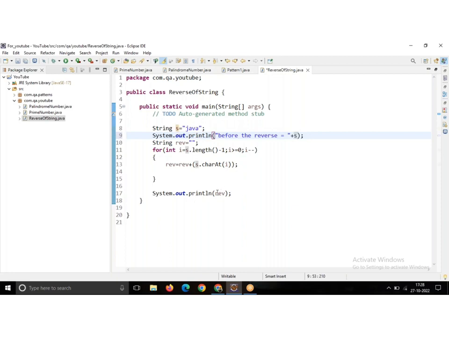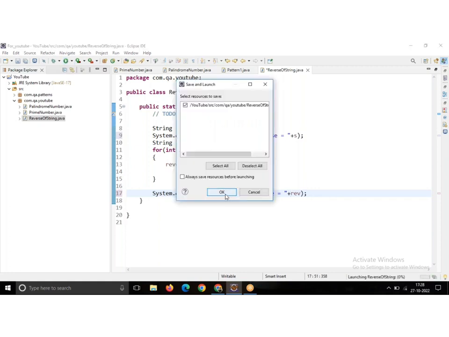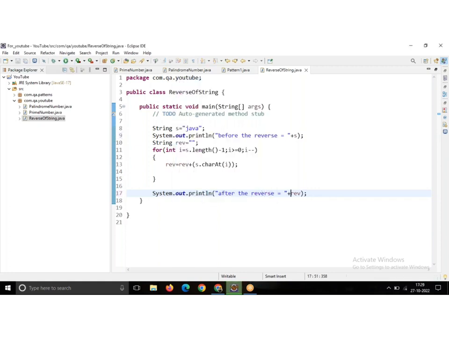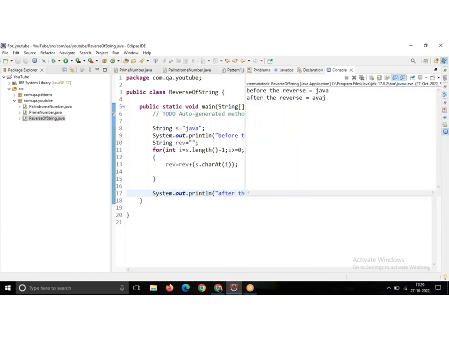Okay, and after here, after the reverse. Now let us see, our execution should be very clear. Before the reverse is Java, after the reverse is AVAJ. Okay, this is the program for reverse of string. Okay, yeah guys.